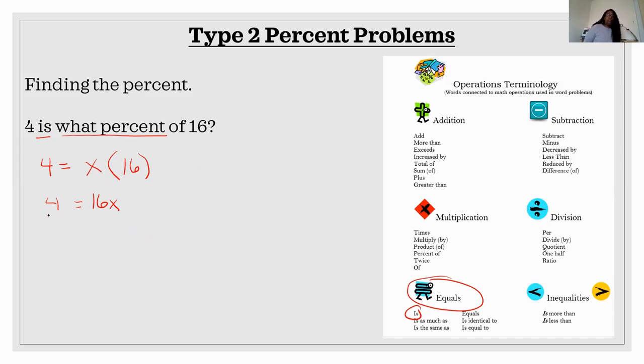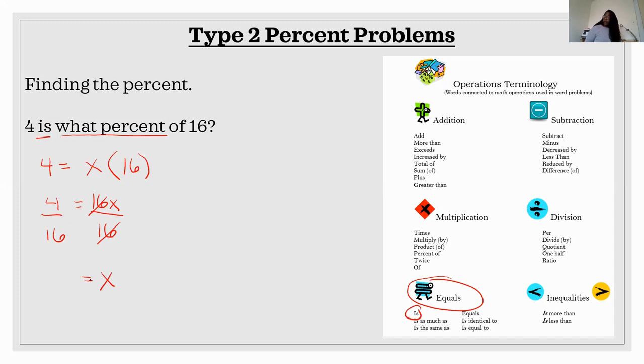So we're not going to move the 4 over to the right-hand side. We're going to move the 16 because we want to get X by itself. So 16 times X, the inverse of multiplication is division. So we divide both sides by 16. So now 4 divided by 16,